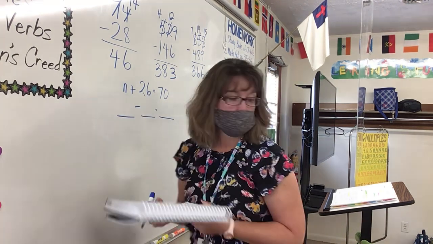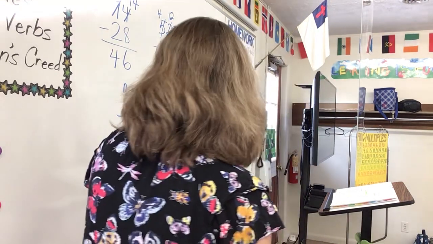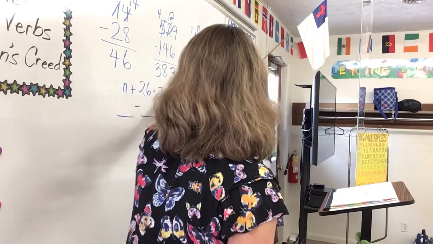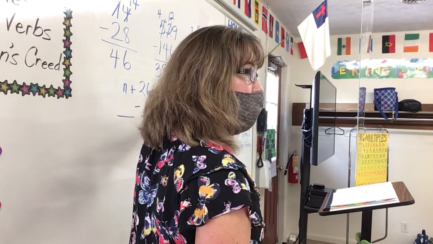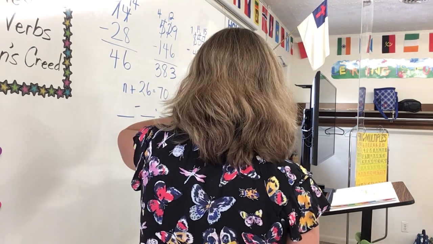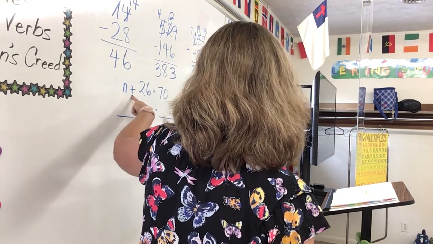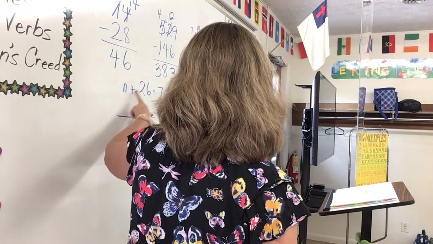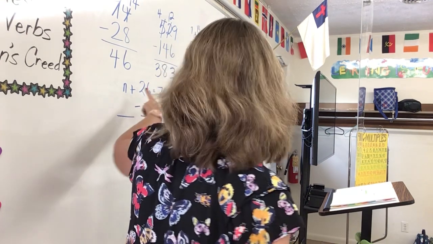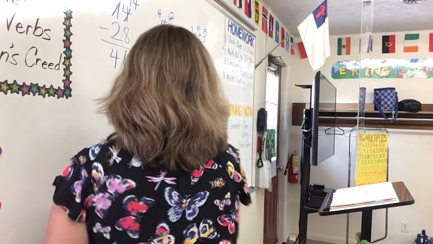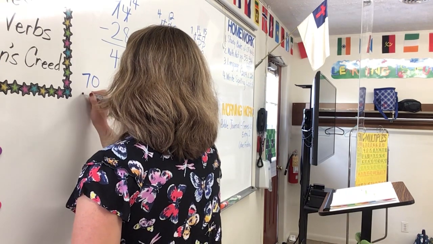Alright, now, the way I find that is since my numbers are on opposite sides of the equal sign, I'm going to subtract 70 minus 26, and that will give me n. So over here on the side,